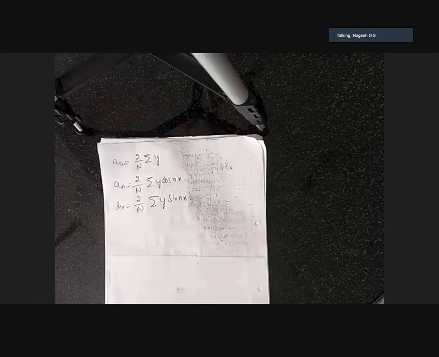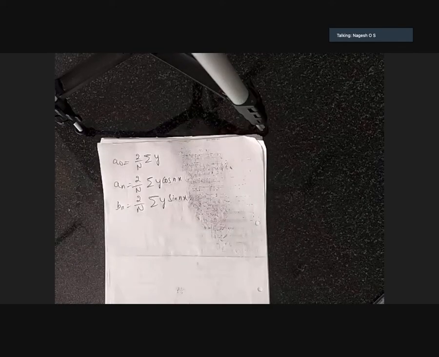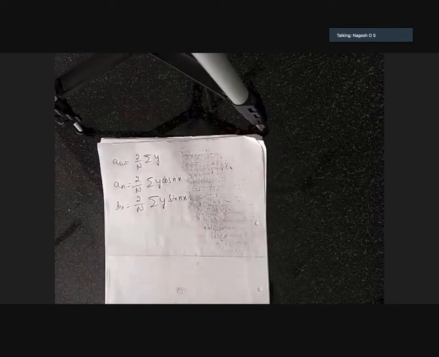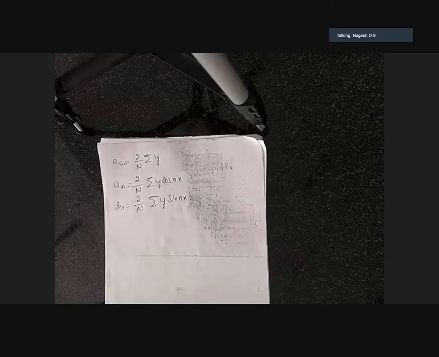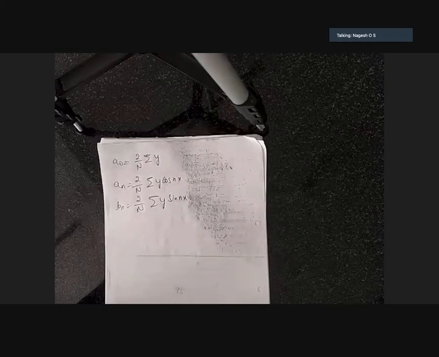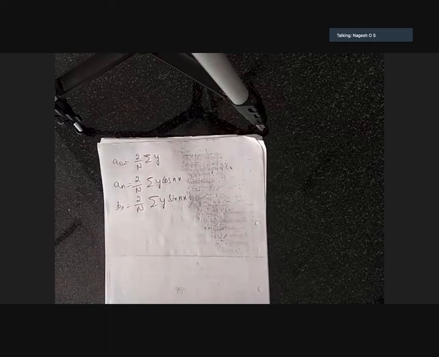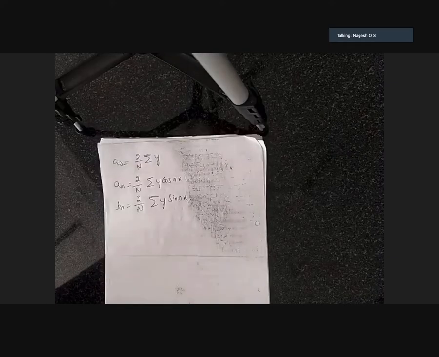I will write and I will show. So these are the formulas for A0, An and Bn. For 0 degree, 7.9, 60 degree, 7.2, for 120 degree, 3.6, for 180 degree, 0.5, for 240 degree, 0.9, 300 degree, y value is 6.8. This is the given question: obtain the Fourier series neglecting terms higher than first harmonics.